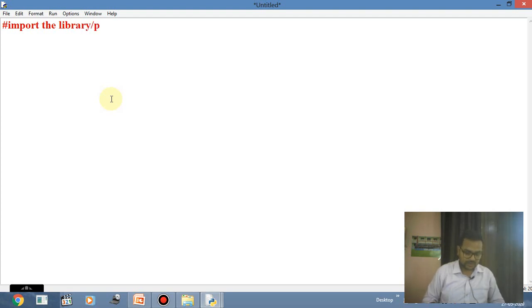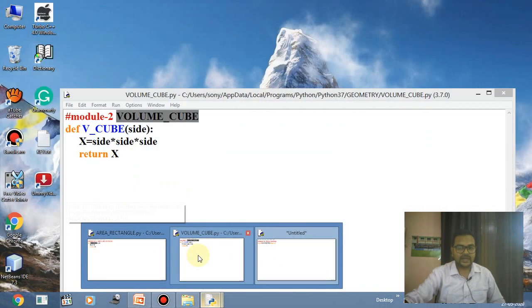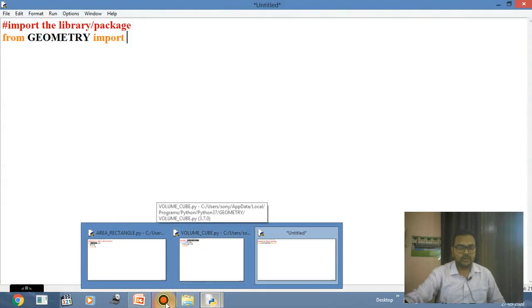Now first of all, from geometry, the name I have given, what do I have to import? My first module name, what was the name of the first module? That was area_rectangle, and the second module was volume_cube.